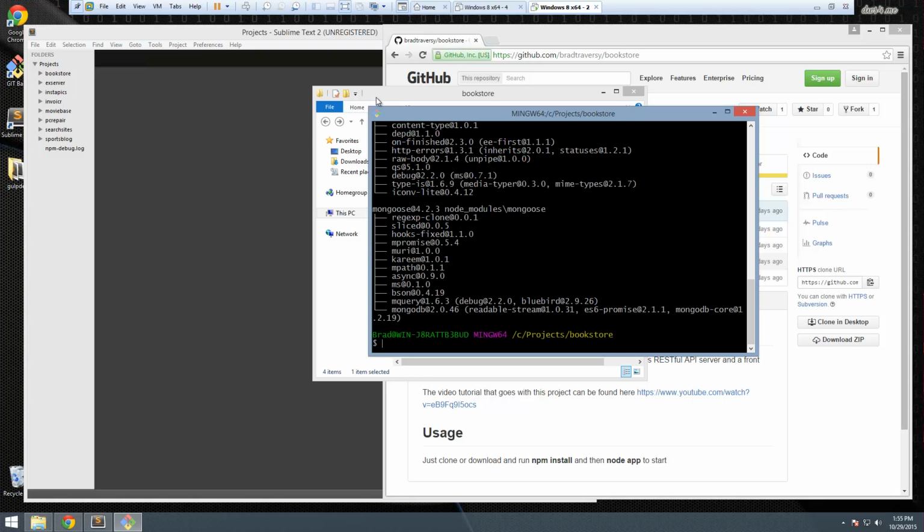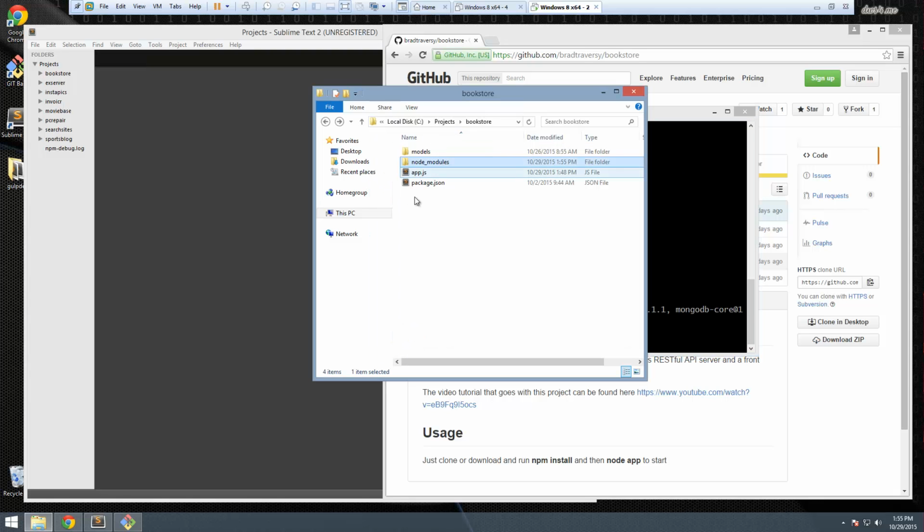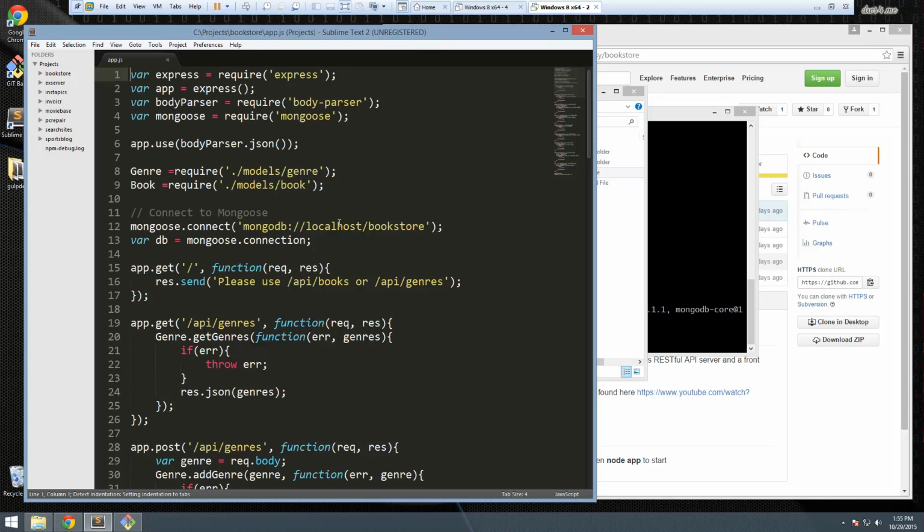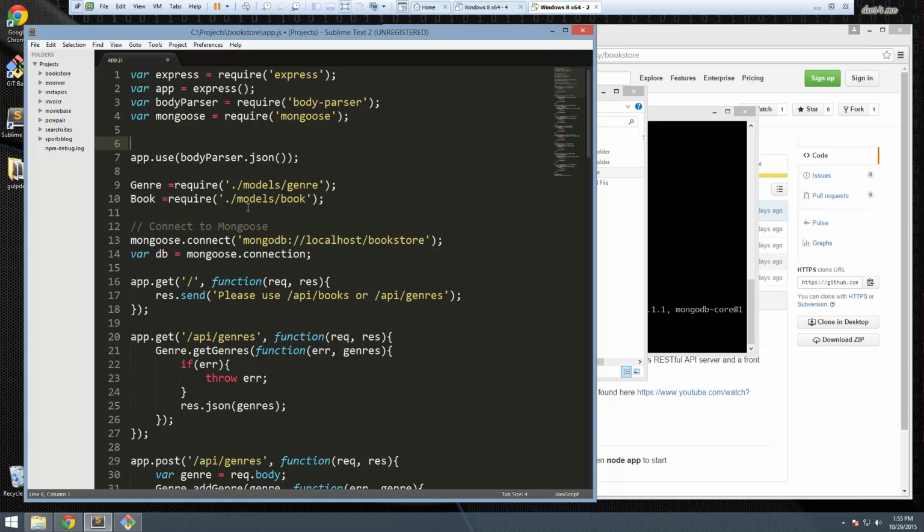So the only thing that we're going to edit that we did in the last video is in the app.js file. We just need to specify what folder we want to use as a static folder, as a public directory. So we're going to do that right here at the top. We're going to say app.use, and then we're going to pass in express.static,